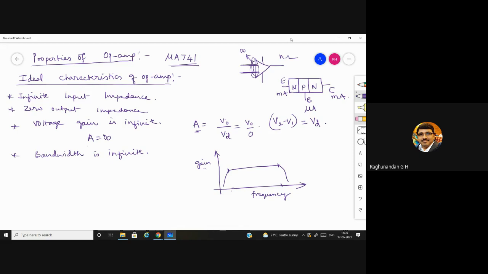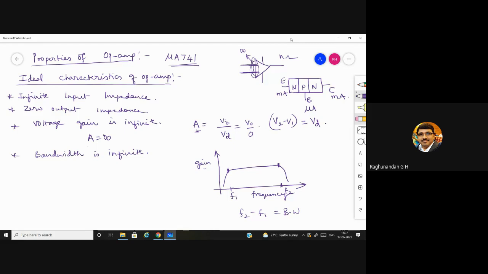So for this range of frequency between these two points, they'll take the difference. If you take this as F2 and this as F1, they'll take F2 minus F1. That is the bandwidth. That's why I said it is a range of frequency over which the output is maximum. Gain is maximum means output will be maximum. See, A is directly proportional to V0. When V0 is maximum, only then the gain will be maximum. They are telling that it is infinite.